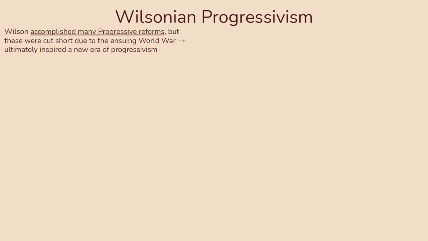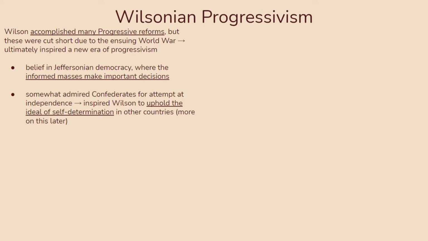And during this time, we are going to see a renewed belief in Jeffersonian democracy, where the informed masses make important decisions. The idea that the power belongs to the people and that people are educated enough and responsible enough to make the best decisions for the country. And this belief system appreciated, I guess, Confederates for attempting to uphold their independence and standing up for what they believe in, but more importantly, it inspired Wilson to uphold the ideal of self-determination in other